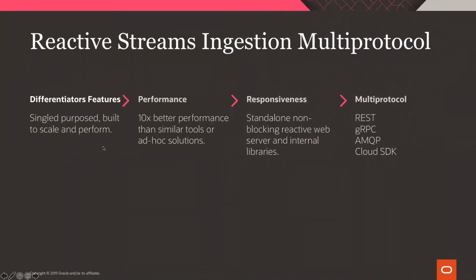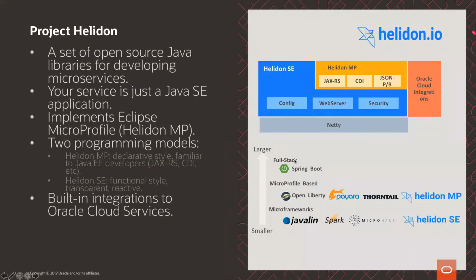What are the features that this provides? Again, this is not a product, it's something that you have to build. It's better performance, responsiveness, and multiple protocols. What is Helidon? This is not our presentation, but if you want to investigate, I think it's very good. It's an Oracle offering for microservices using Java.